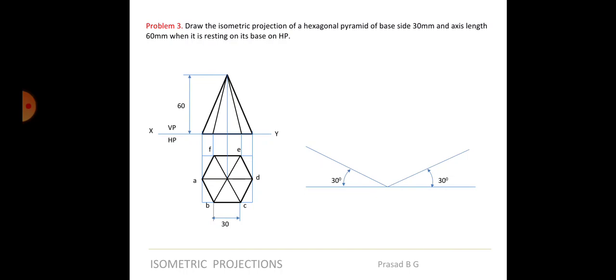So you will already get the ISO 30 distance. Take that distance and draw a hexagon of that size only. Instead of 30, take ISO 30. ISO 30 is obviously 30 into 0.8. So whatever distance you get, close to 20, maybe 20, 24, or 22, that distance you take.